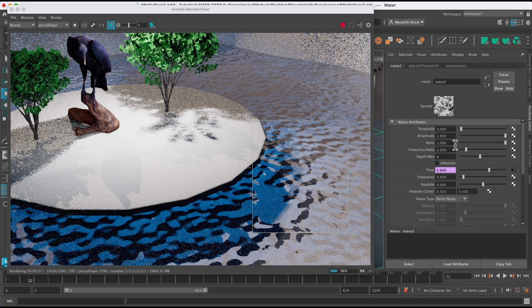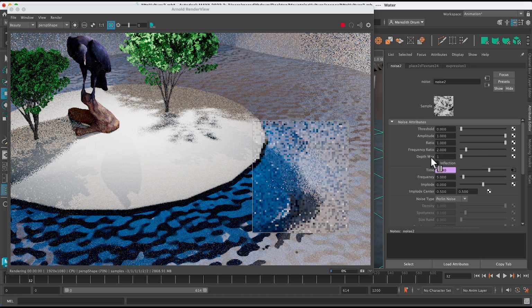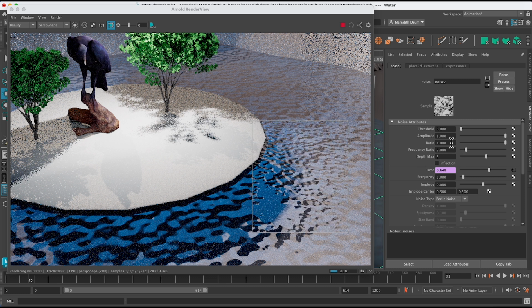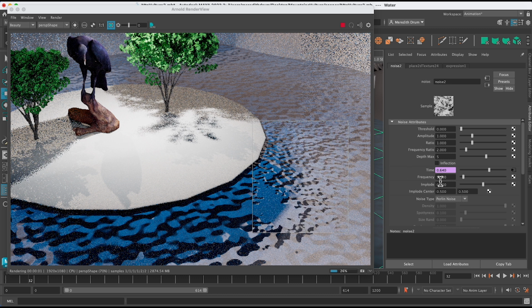But you know what? Just to make it look more intense, let's pump up the max, maybe. It gives us smaller waves. You could also bring that down if you just wanted to see what that looks like. That's kind of a giant wave. Maybe I'll do 4.5 in between. You can also increase the, let's try increasing the amplitude. That doesn't make such a big difference. What about the ratio? So you can play around with these and see what you get. That one's really odd. You can also play with these. I think probably the most effective ones are here.